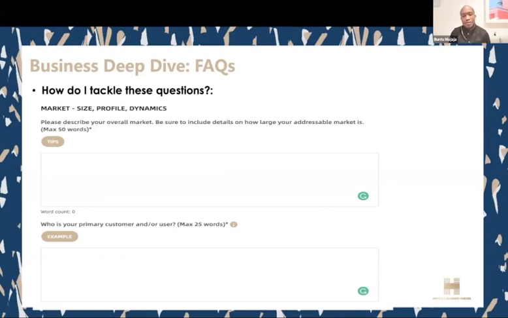The word primary is very important here, because we understand that you're serving different customers and users, but the key is try not to be multivariate. Try not to be vague. You want to be clear that there's a coherent story, and there's one customer. Even though all your customers are important, you're looking for which one is the most important in the context of my application.